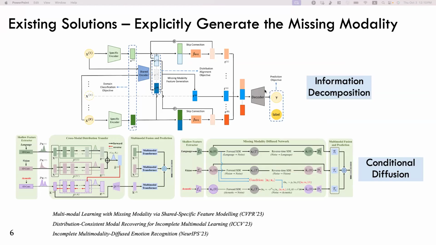So the first group tries to learn some modality-specific embeddings and some modality-shared embeddings. If one modality is missing, they use the modality-shared embedding as a replacement for that modality. And the second group of research mainly uses diffusion-based models, conditioned on the observed information, to generate the missing information. However, we want to tackle these issues in a more scalable, more efficient way